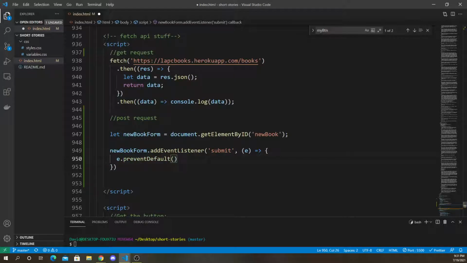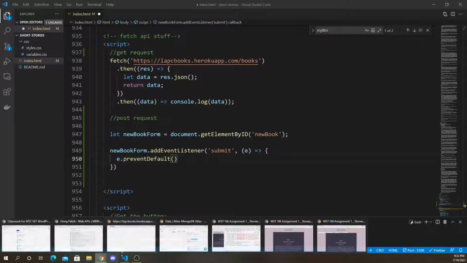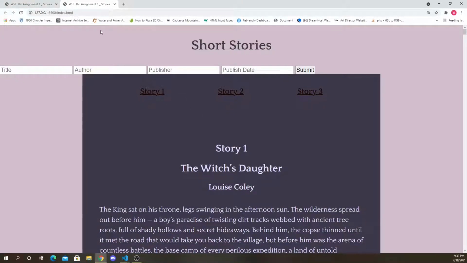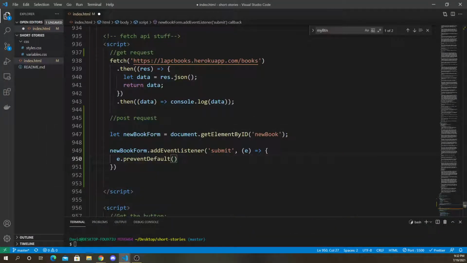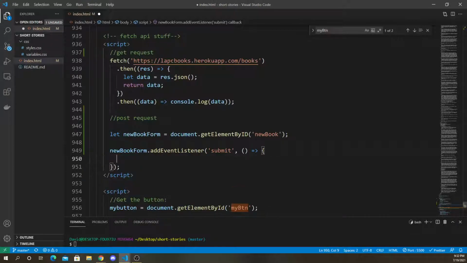And I want to prevent the default behavior of submitting a form, which is refreshing the page. I don't want the page to get refreshed. Then again, maybe I do, so we could leave it out. I'll leave it out for now. Maybe it's not a bad thing for the page to refresh. So once that happens, that's when we start looking for the pieces inside the form, all the data that we